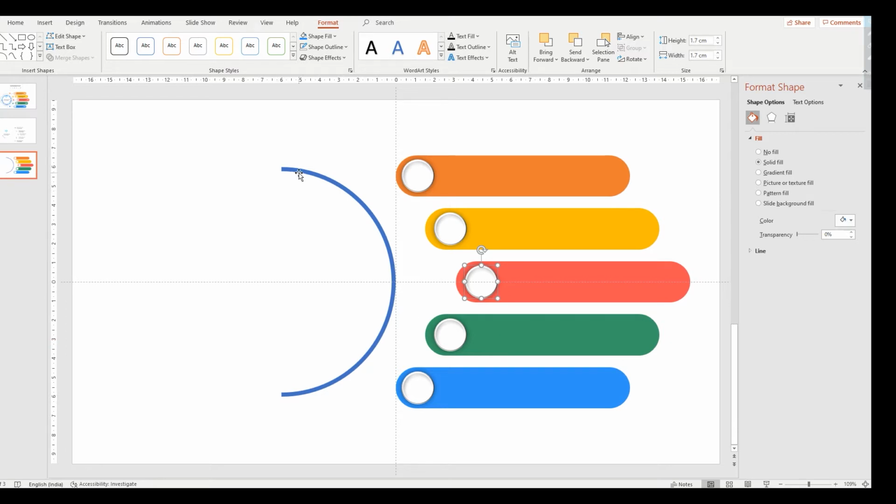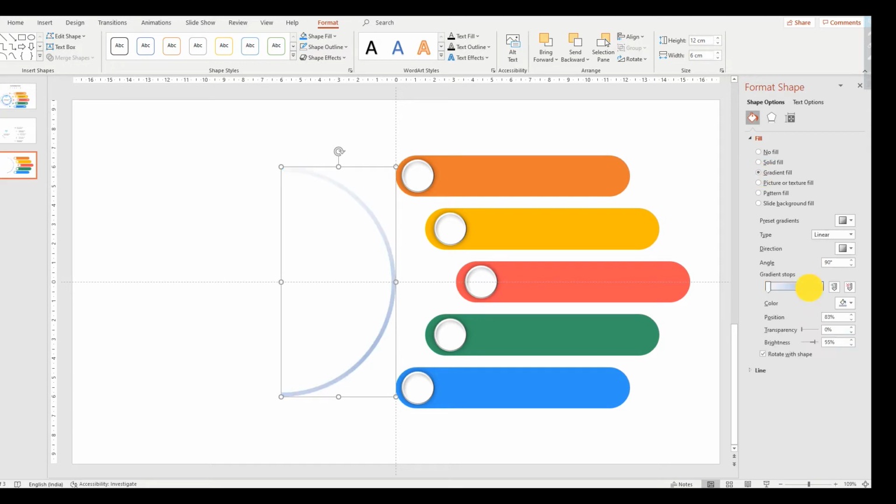Now here what we are going to do means we are going to give the coloring of this one, gradient effect, then delete this one. First this color, next one yellow, red little bit, then green, last one blue.